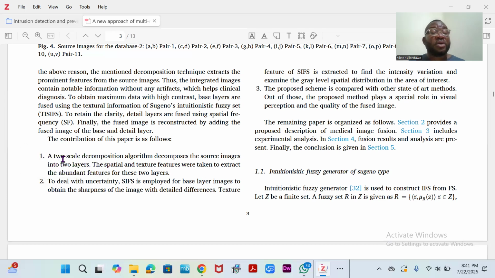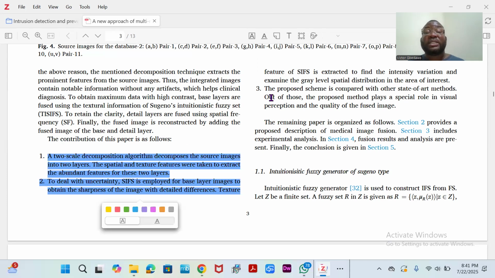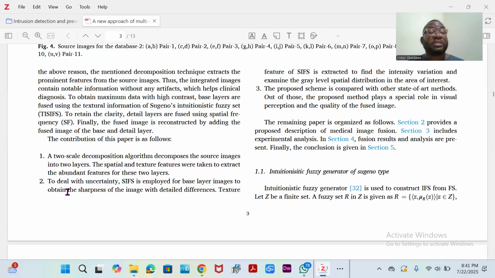So you can capture this as the methodology. It's because I don't have time. I have to do the head. I think they have three. 1, 2, 3. So these are the three objectives. So it means that they had three objectives. Are you getting it? Three objectives. So let's